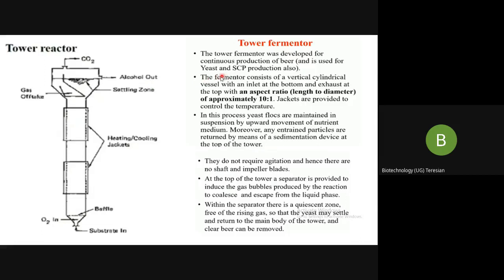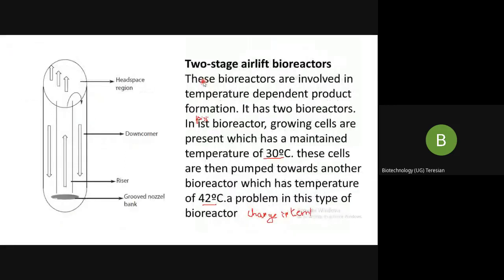So we come to an end of the different fermenters. What we studied is the tower fermenter and the airlift fermenter. We studied two types of airlift fermenter, that is the external airlift fermenter and the internal airlift fermenter. Apart from that, we saw the two-stage airlift fermenter which has two different temperatures. Okay, and also we studied the stirred tank fermenter, and we studied the Nathan